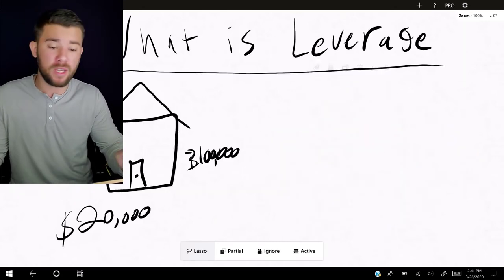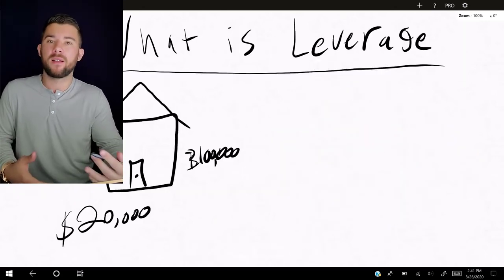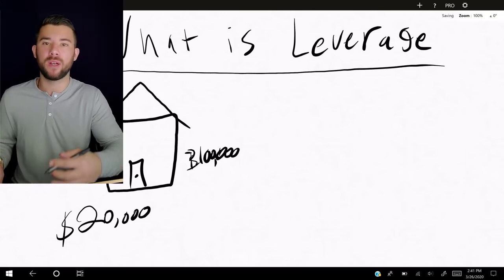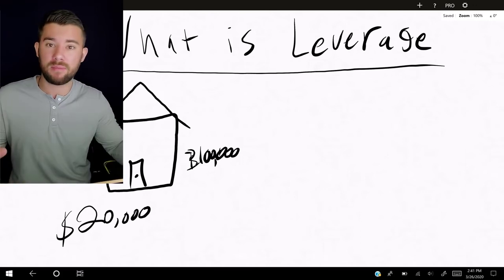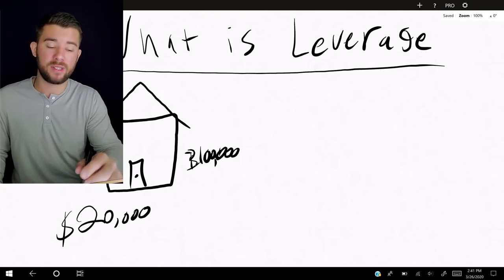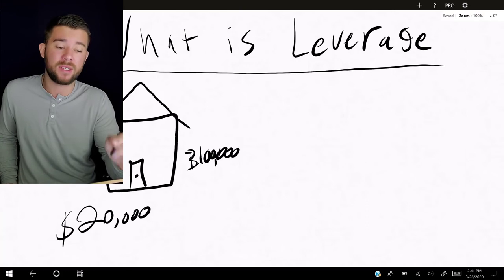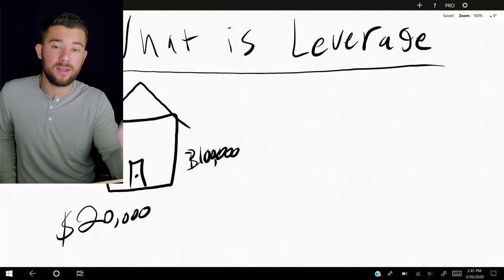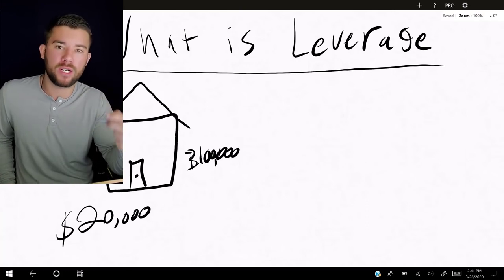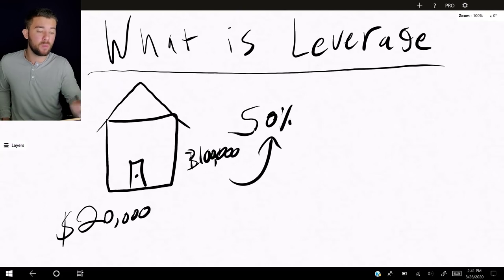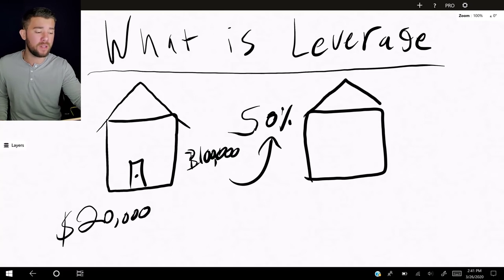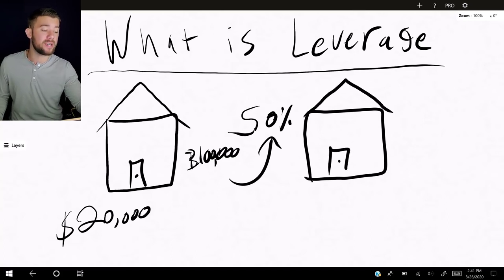And in terms of helping you, we can do this other scenario because guess what? Just as bad as it can hurt you, it can help you make ridiculous returns as well when you use it correctly. So let's say the same scenario, you pay $20,000. They say, here's this $100,000 property to hold. This time, instead of the market dropping by 50%, we go up 50% over the next 12 months. So with the housing market going up 50%, you now have this property that was worth 100 grand that is now worth